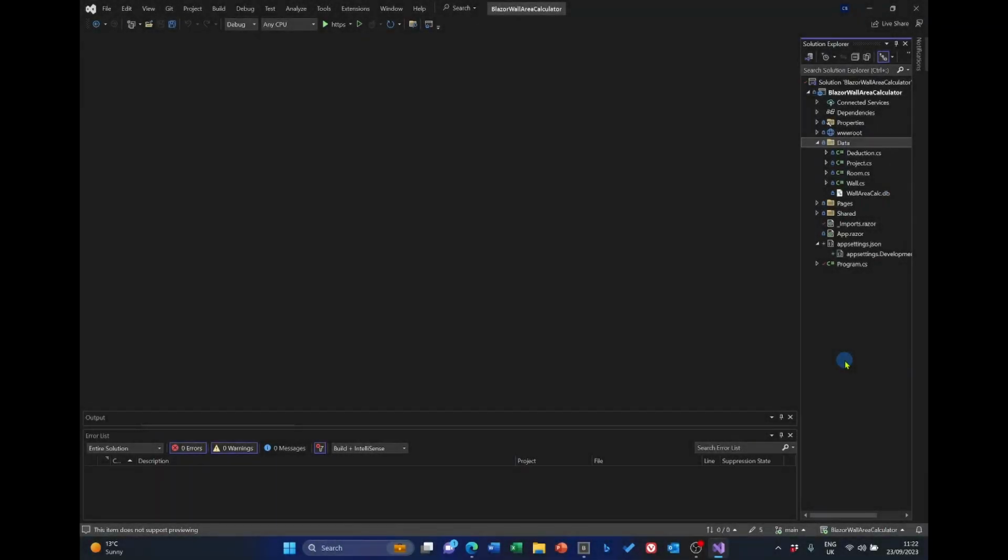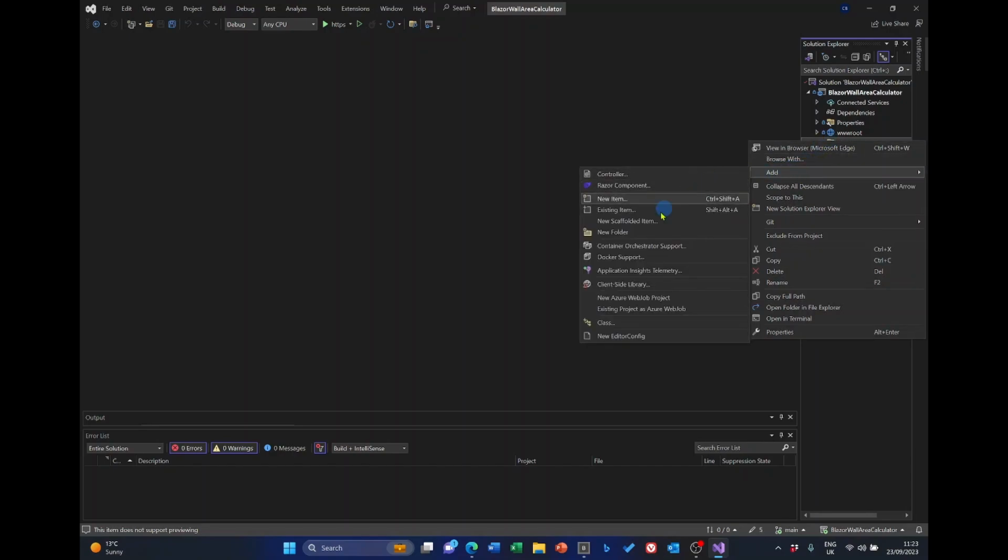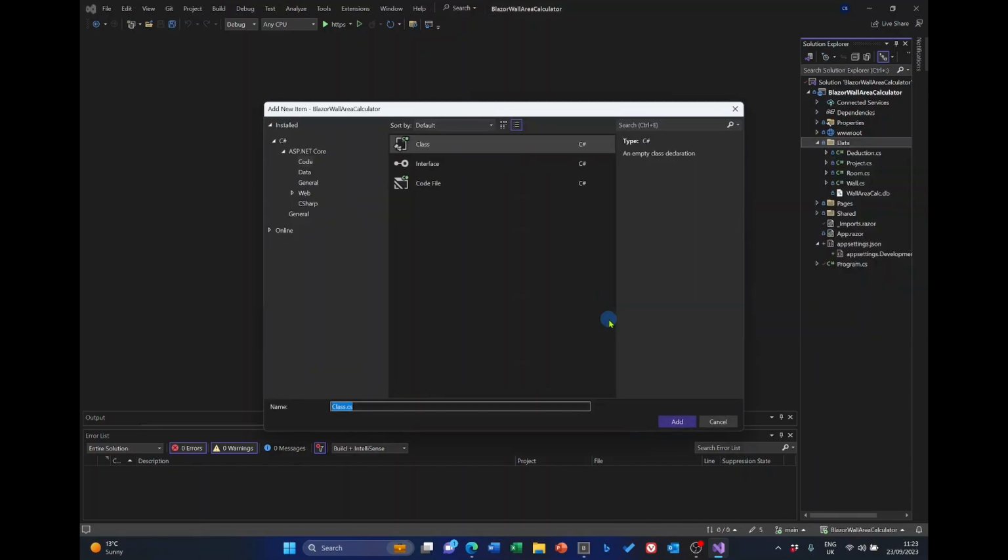Open Visual Studio if it's not already. The first thing we're going to do is to create the two files we need, the service file and the interface file. To do that, right-click on the data folder, select Add and select Class. We're going to be doing this for the project model class, and the convention is that we call the service the name of the model class plus service. So we've got ProjectService.cs,